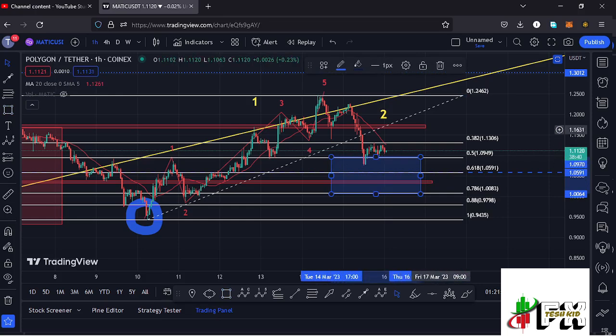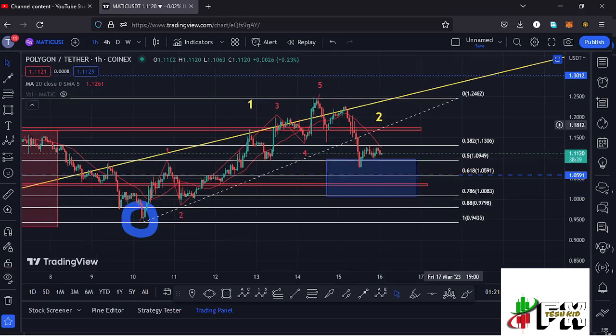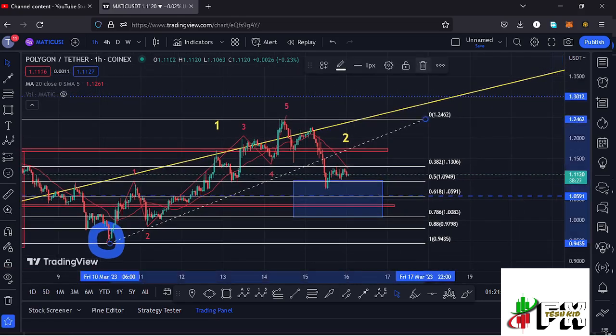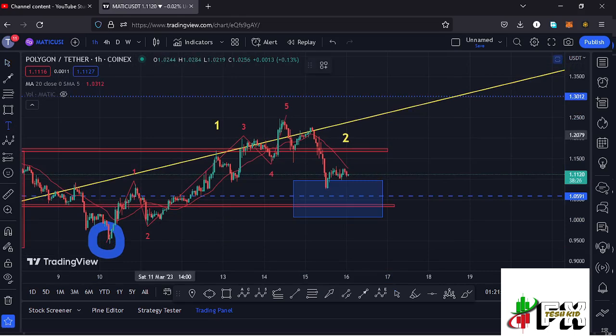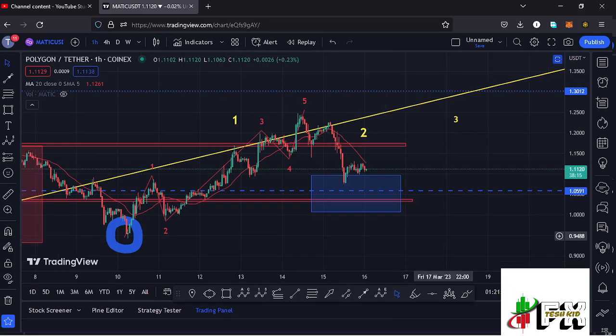the $1.0767 mark, and there are chances that that might be the low for that second wave, and that very soon we might see a reaction of that target area and start seeing that massive bounce to the upside in the formation of that wave 3, which we expect after seeing the formation of a larger Elliott wave count 2. So there are chances that very soon we might continue gearing up in the formation of that wave 3, and assuming that Polygon Matic is not going to give us one more leg down within this blue target